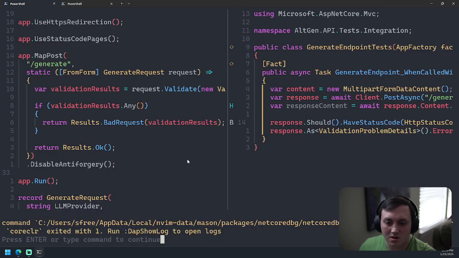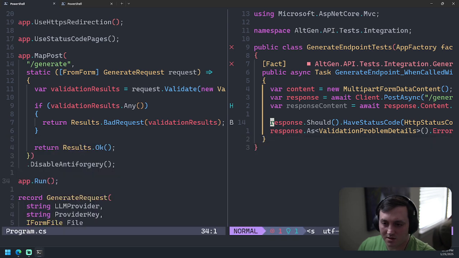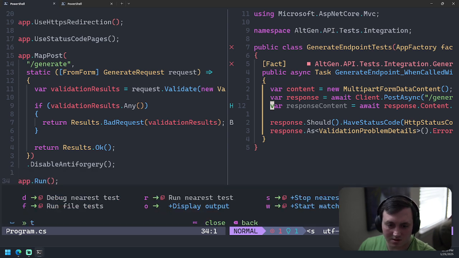Oh, so, okay. I think what it's telling me is base TR.